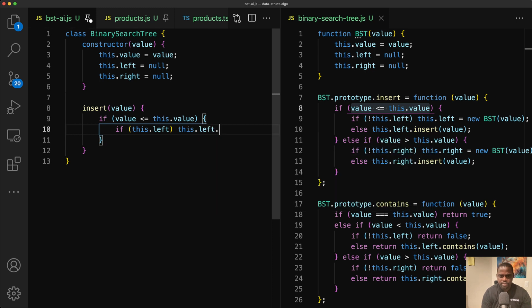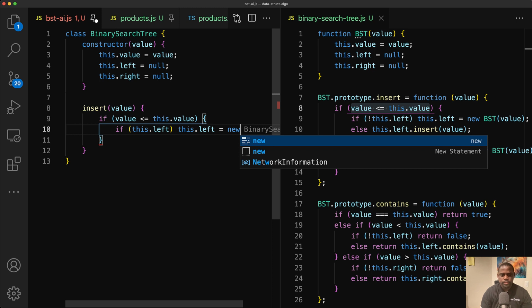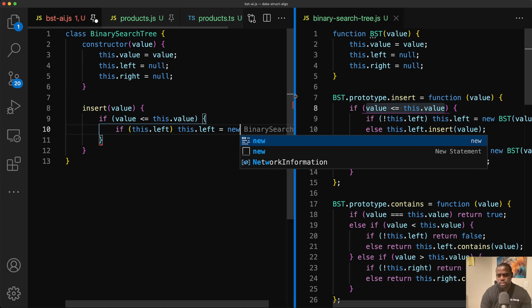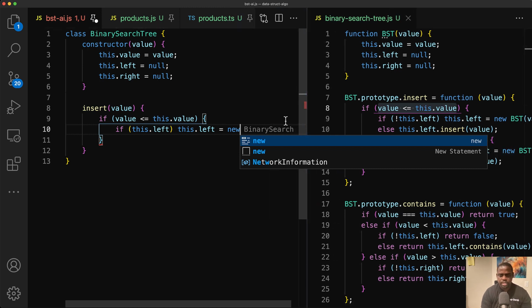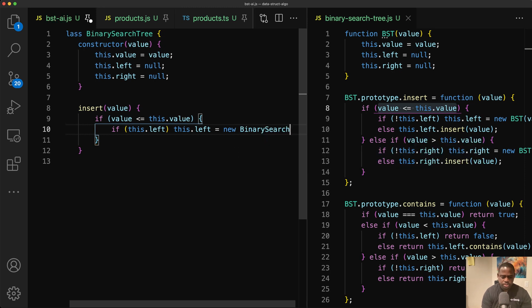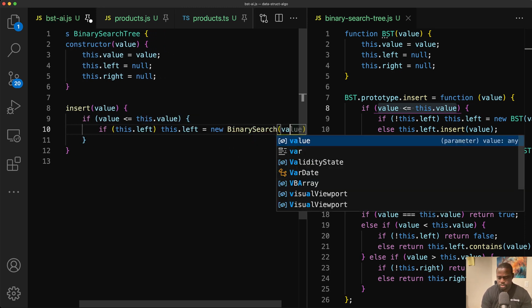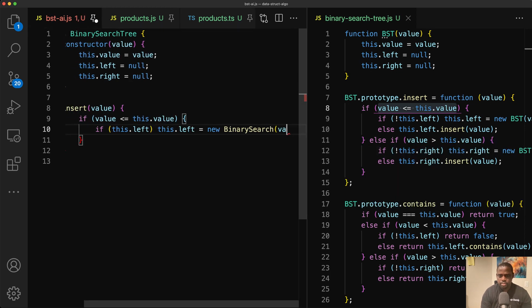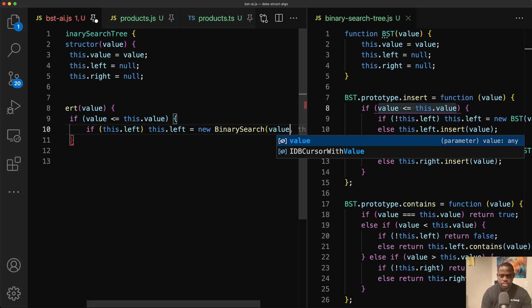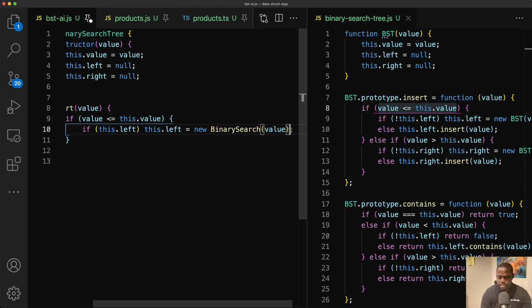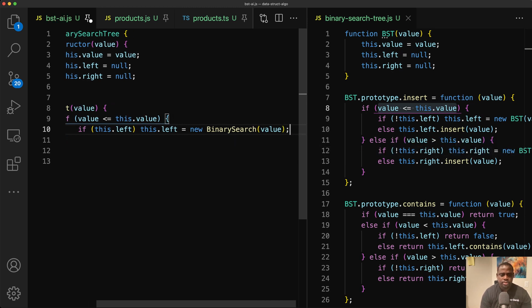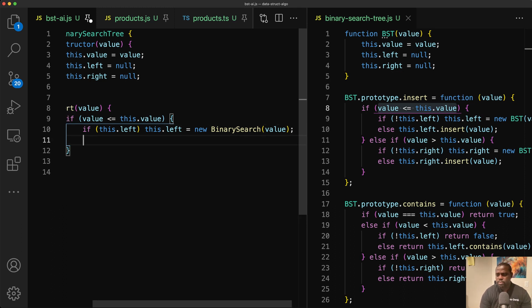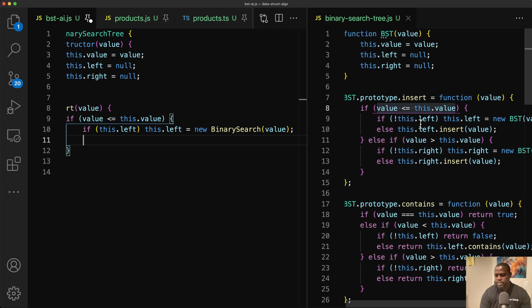This.left is going to be a new... Okay, let's give us some space. New BinarySearch, that's going to be this.value. So we're doing a little recursion here, basically to insert this item at the right spot in the binary search tree. Okay, let's go to the next. What does it do on the next line? So it gives us an else